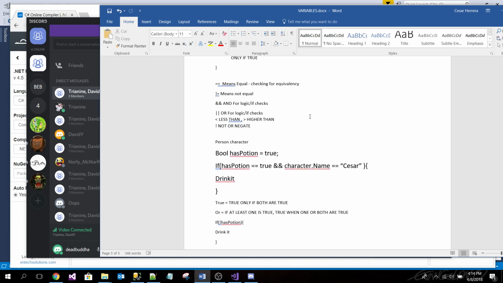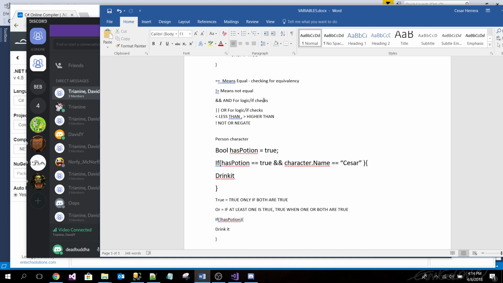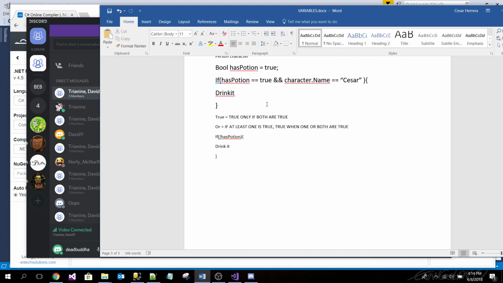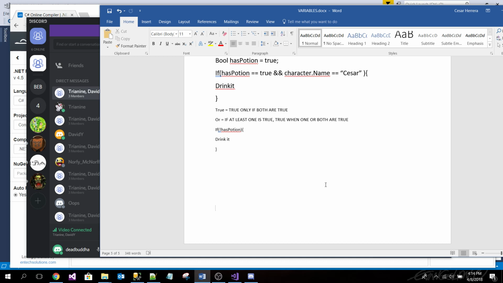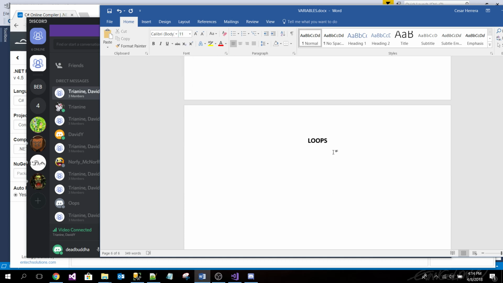Would you guys say that you feel somewhat comfortable with if statements? Maybe. Okay, good. So now let's get some loops action. Okay, loops. This is, I think, where a lot of people have trouble, and it's a little tricksy, but let's try to make it as painless as possible. And I hope we should be okay in here.